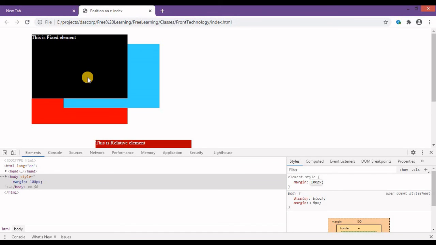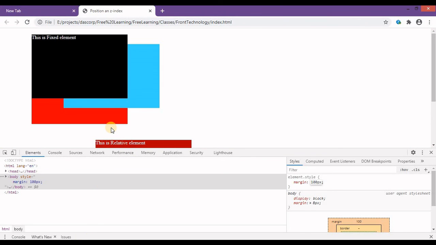It doesn't depend on that. It totally depends on the viewport's area. That's why it's calculating from this corner, which is 0 0. In the coordinate system the value is 0 0, and it's calculating from there. So that is all about the static, relative, absolute and fixed position elements.